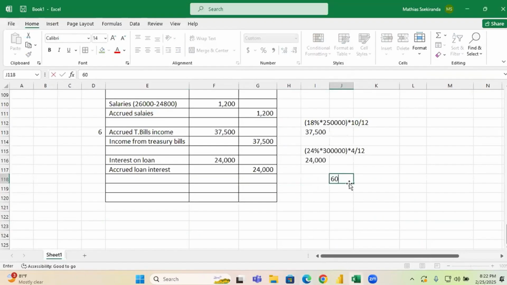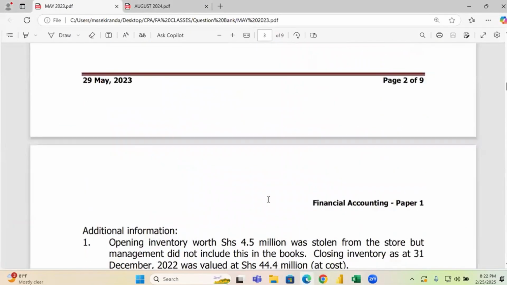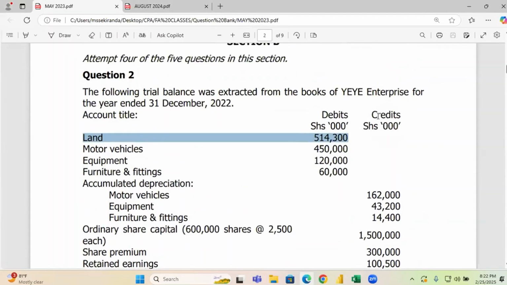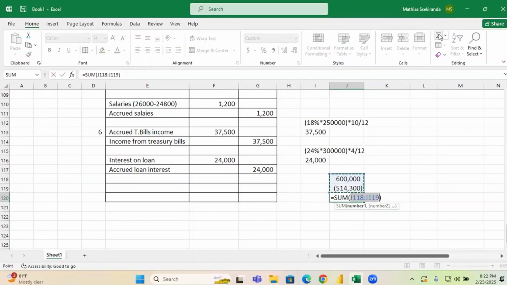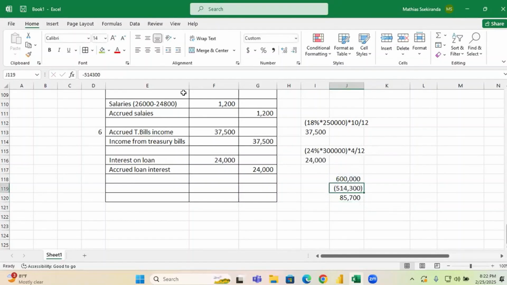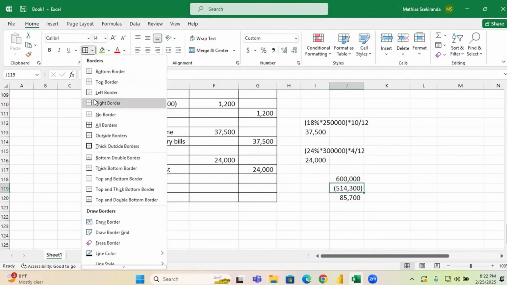By how much? 600 minus 514,300. So there is an increase of